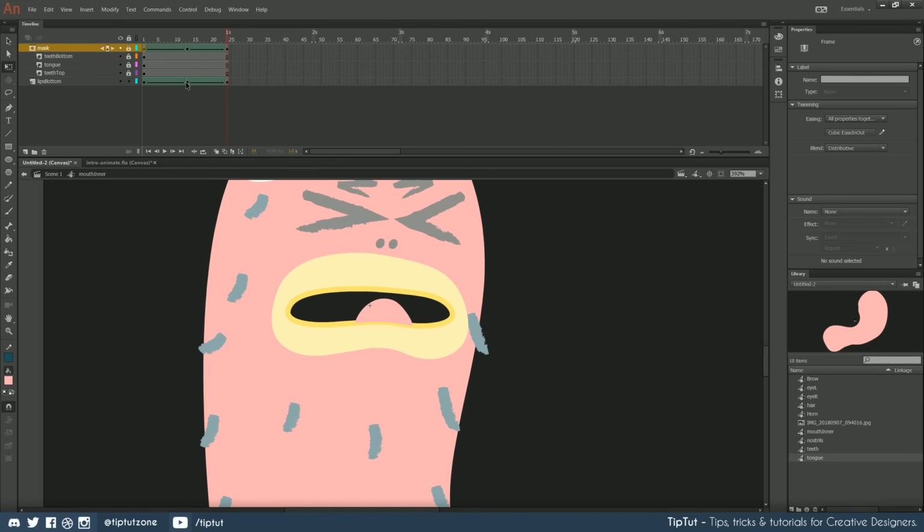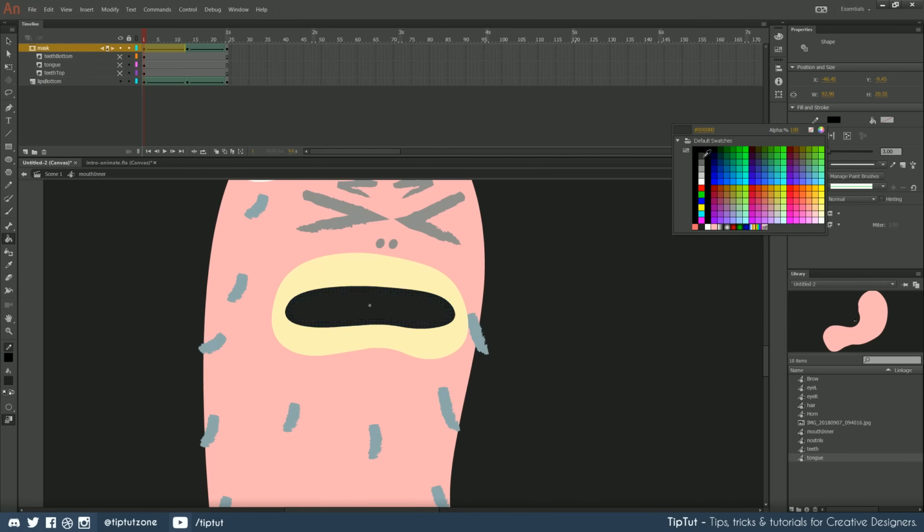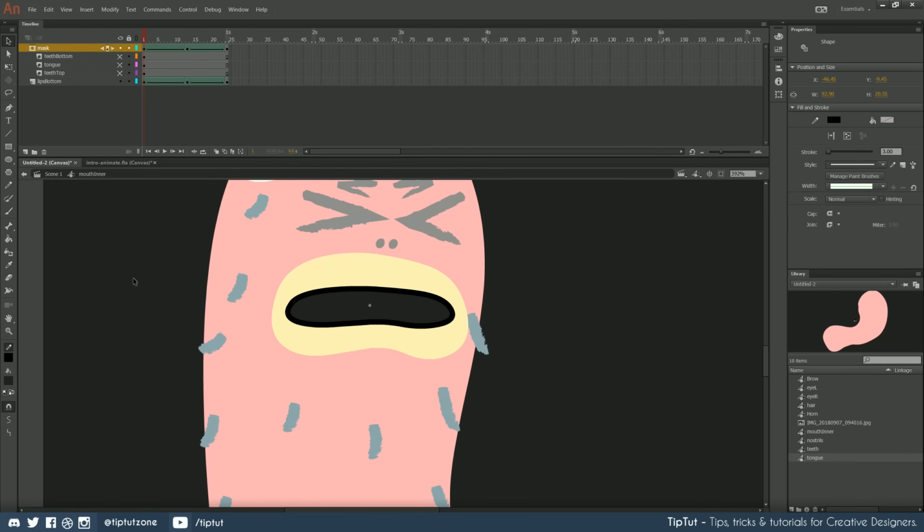Now, I don't quite like these lips on the mask. So what I'm going to do is hide these layers and release them from the mask. And I'm just going to make all of this one solid color to act completely as a mask. Why is that not working?